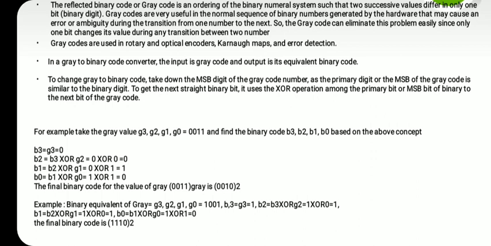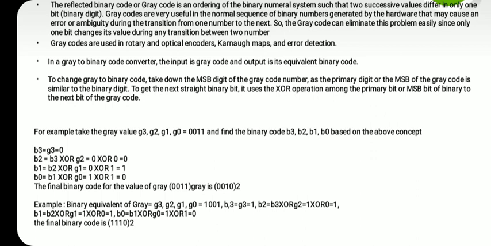Then next, what to do? Whatever result 0 we have got will be XORed with the next bit. So the next bit is 0. 0 XOR 0 will be 0. So what is the second binary bit? 0. Then that 0 result will be XORed with whom? The next primary bit, that is 1. 0 XOR 1 will get 1. Now this 1 will be XORed with the fourth bit, that is 1. So 1 was the previous result, and 1 XOR 1 will become 0.